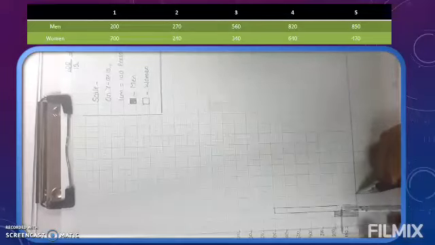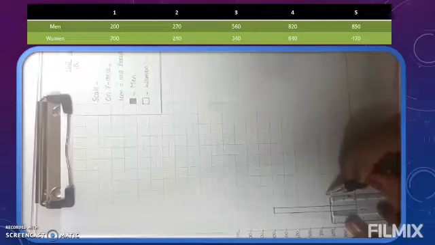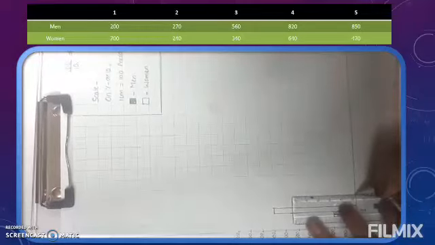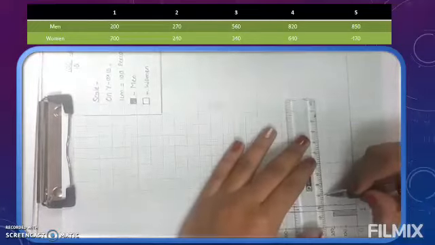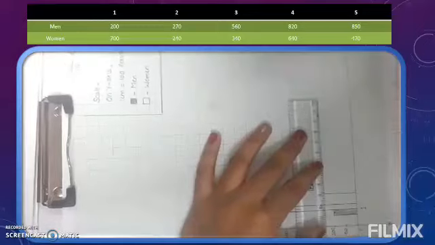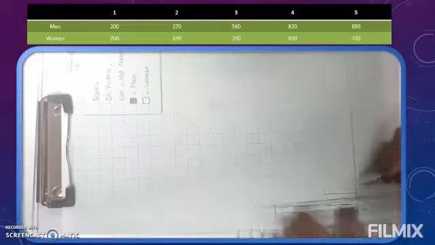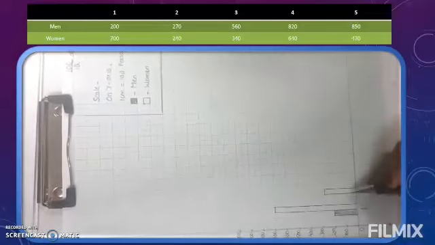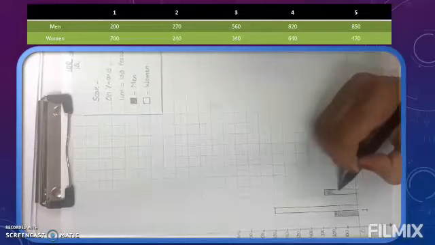So what we will do here, from here after 200, we will stop till seventh line. This is our fifth line, 6, 7. So we will plot one point here and we will join it. Clear? So first, for removing confusion, first you join it with the fifth line, then join this with x-axis. Now this bar is showing information about men. So what we will do? We will shade it.